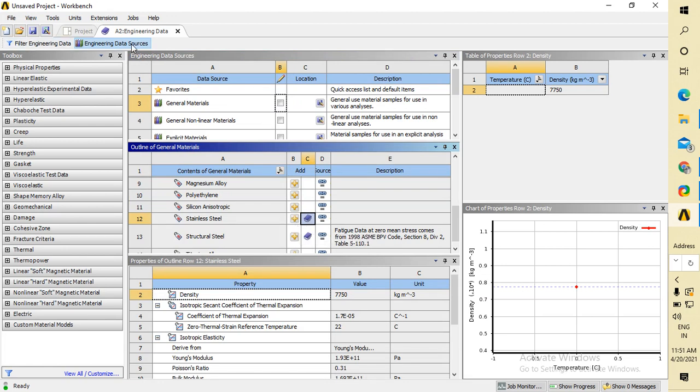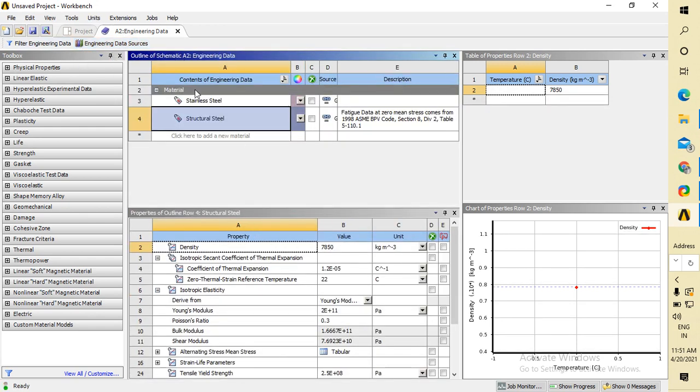Okay, then you have to go here. There are two options, whichever I want to select. You can do this explicitly, or it is available by default here also. So now it is the material. For this material, these are the properties. You can check them on the internet also.